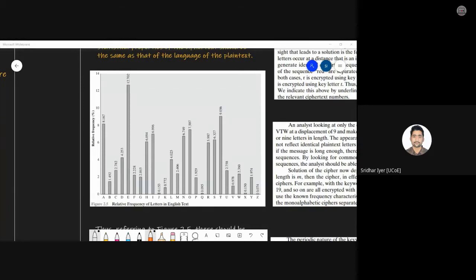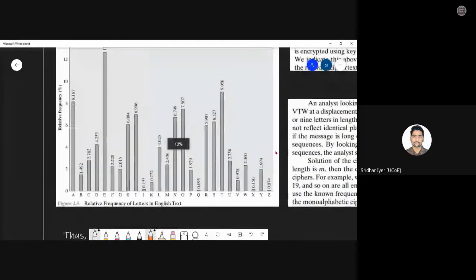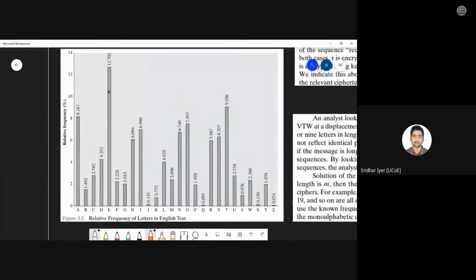In this diagram, as you can see, let me zoom it further. The character E is considered to have the maximum occurrence. This research has been done on multiple pages and multiple paragraphs, and based upon that they have come to this conclusion. This might be more or less equal. Instead of 12%, it might be somewhere around 13%, 14%, 11%, or 10%, but not more than that. As you can see, the gap between the first character and the second character is huge, 12% and 9%. That 3% gap is a lot of gap.